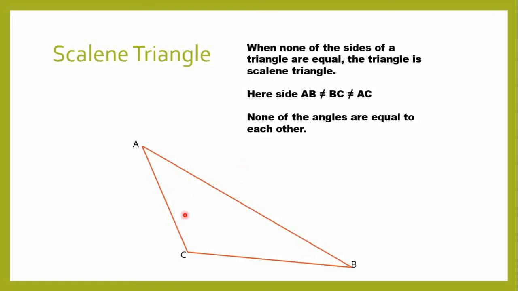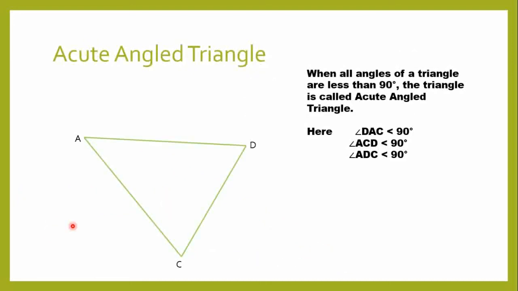So in this triangle, side AB is not equal to side BC, is not equal to side AC. So no side is equal to each other, so no angle is equal to each other. That is called a scalene triangle. And we already know that in a triangle, if we add all the angles, it will come to 180 degrees, right? Now on the basis of measurement of angle, we also have